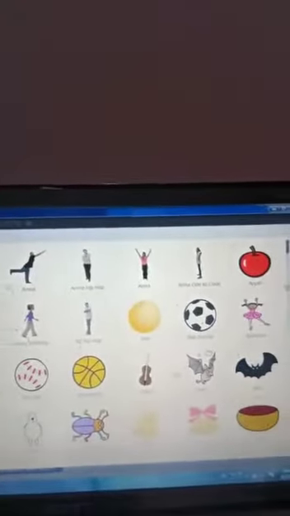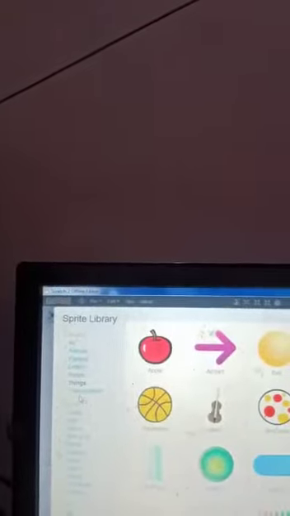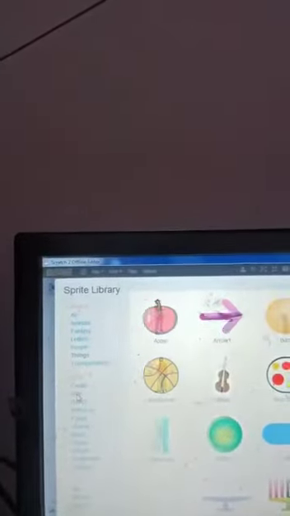Various categories and various types of images are available. Whichever image you want, you can easily click on it. If you want animals or fantasy, click on that group. Whichever group and type of image you want, you select the image.